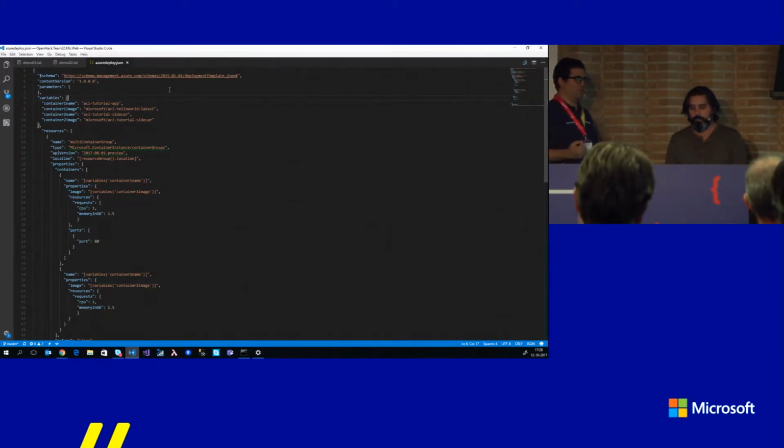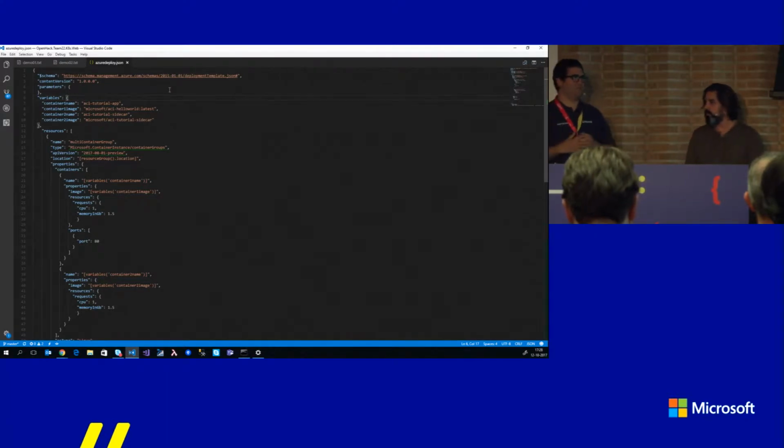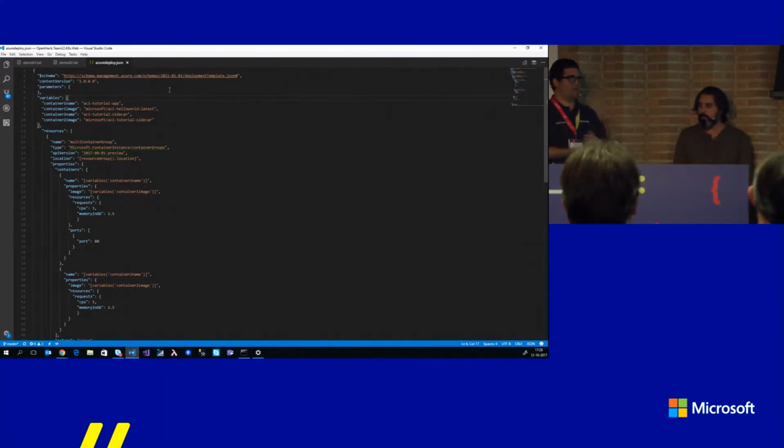You save it, and then you tell Azure, hey, here's what I need. I need storage, I need container instances, I need an app service, I need a VM, etc. So everything can be specced out on this Resource Manager template, and then Azure takes that and starts provisioning. So it's quite straightforward.